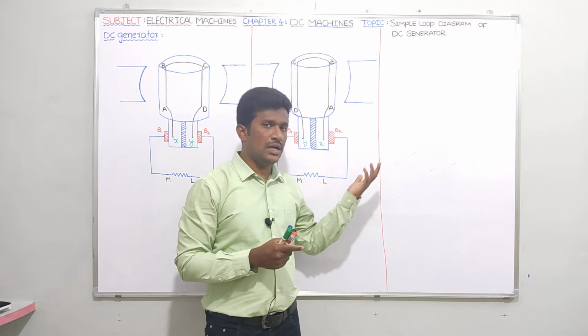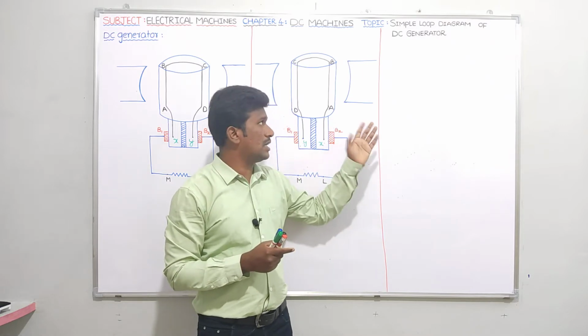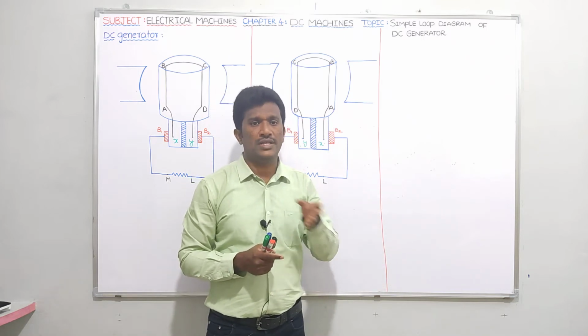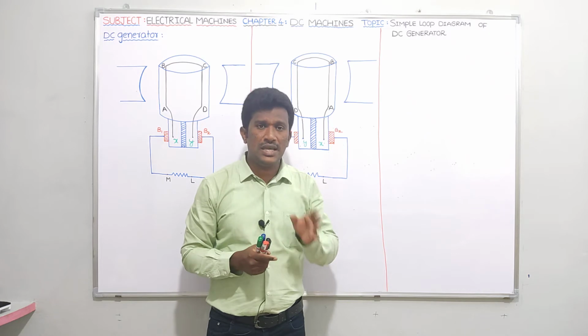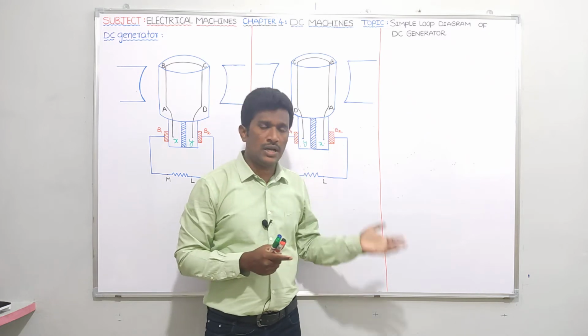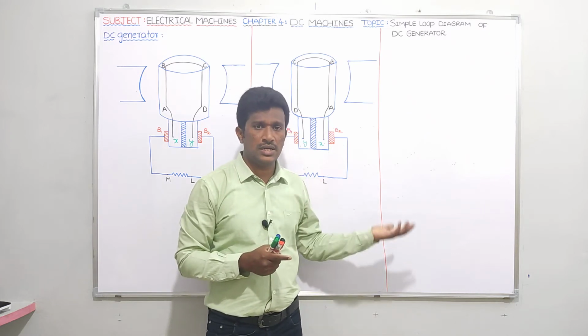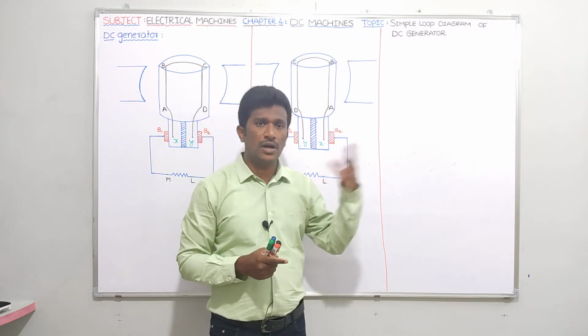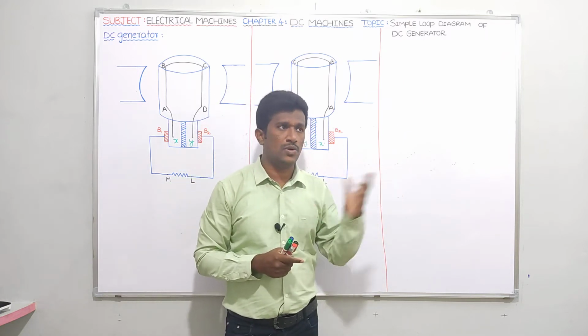In the alternator, synchronous motor, DC generator and DC motor, we always give DC supply to the field winding for excitation. Nothing but a DC excitation will be used in the alternator, synchronous motor, DC generator and DC motor. These are the things I already explained in the basics videos. Please try to refer to that.